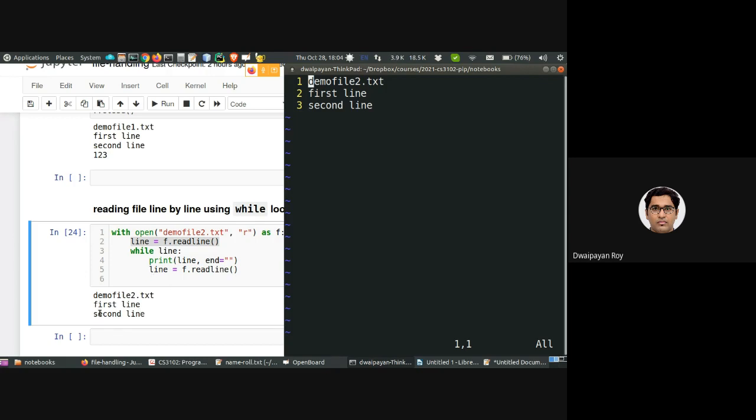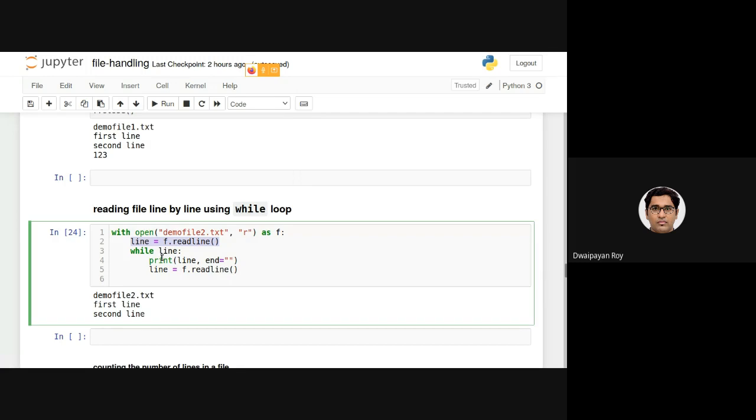Then after printing the second line, this statement line equals f.readline will be reading an empty string, and on applying that empty string with the while statement, it will be terminating the while loop. So this is another way of reading the file line by line using the while loop.